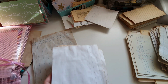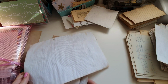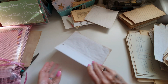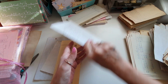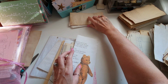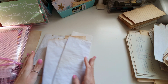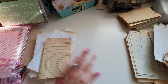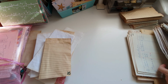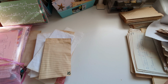just for speed. Now I've got some graph pages. Do that in half. So how many pages? We've got 1, 2, 3, 4, 5, 6, 7, 8, 9, 10, 11, 12. I'm going to put one of those in, 13. Where are my flower pages? That's going to annoy me. Right, I did have some other floral pages and I don't know where they have gone, so let me just